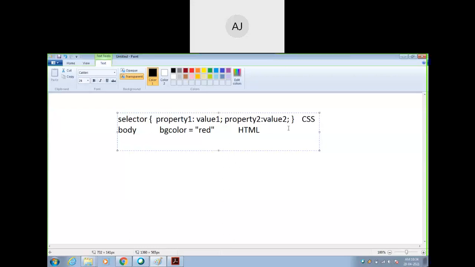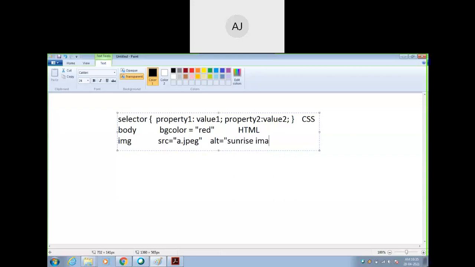One more example I can tell you here. img is one tag, whose property is src, that is source, equal to, say, a dot jpeg, and you give alt equal to alternate text, say, sunrise image.